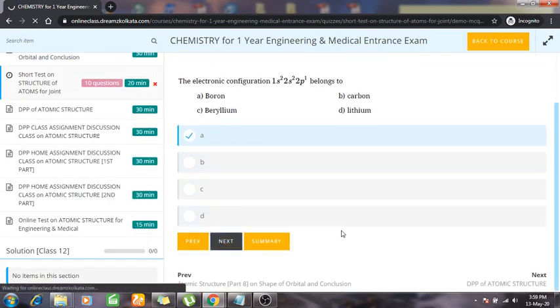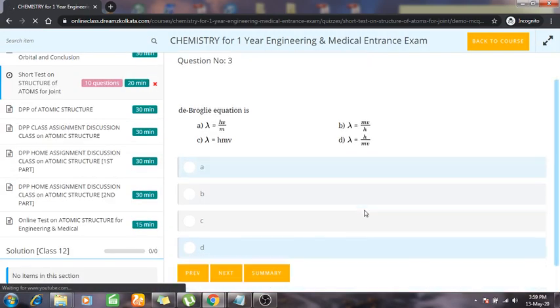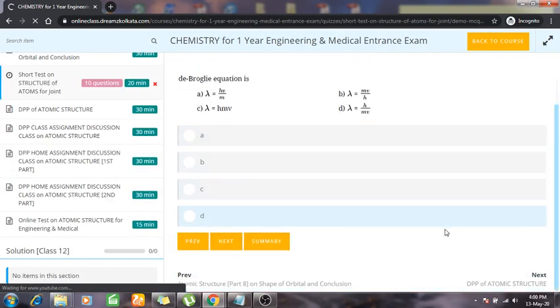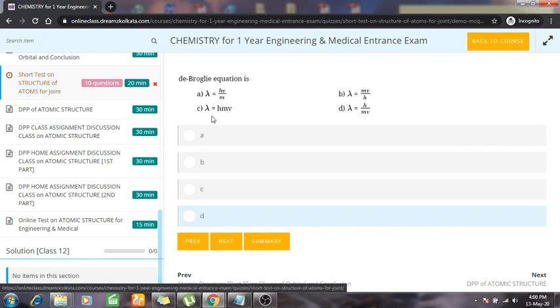Next, question number 3, I have skipped the question, and D was the correct option because this blue line is the correct option for you. Okay, but here is a cross for you. Cross means you have failed in that particular exam.